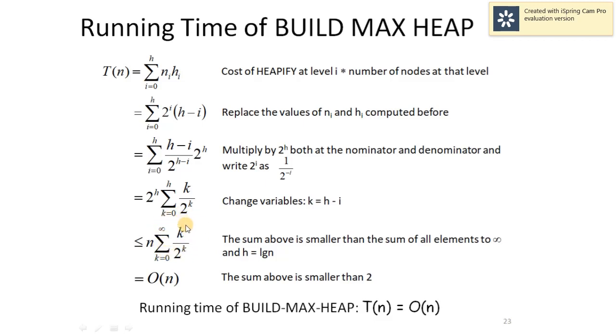And while computing the running time, we have to discard the constants. So at the end, we are left with only n. So the running time of build max heap comes out to be order of n. So if we look at the code of build max heap, the running time comes out to be n log n, but that was not the tighter bound. In order to get the actual tighter bound, we have to do this analysis. Therefore, the actual running time of build max heap comes out to be linear, that is order of n.